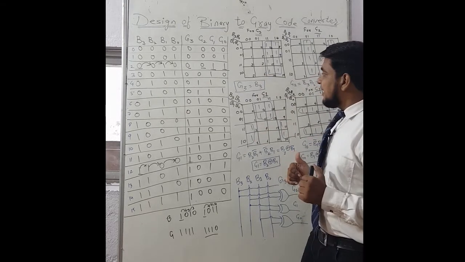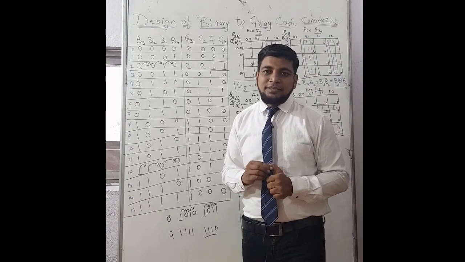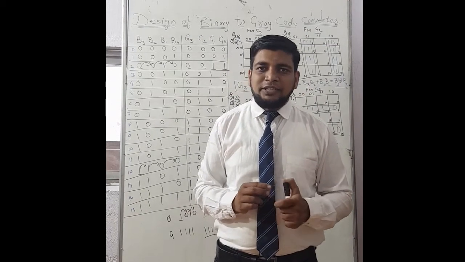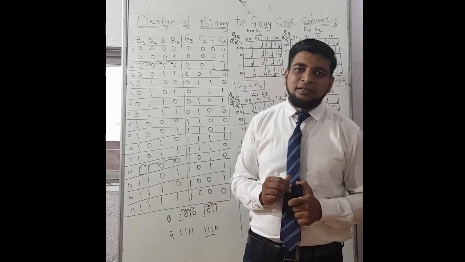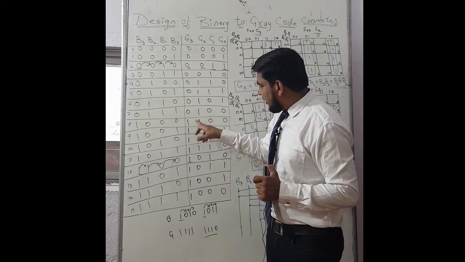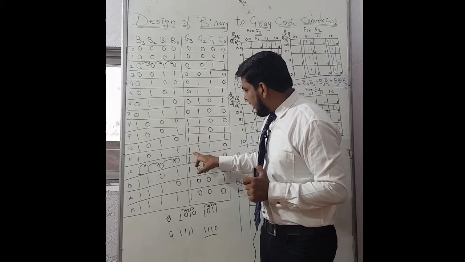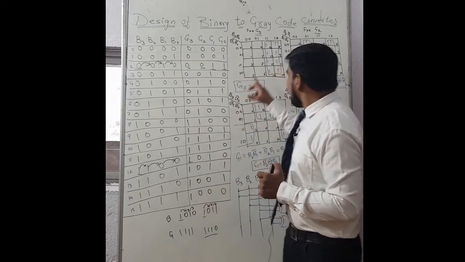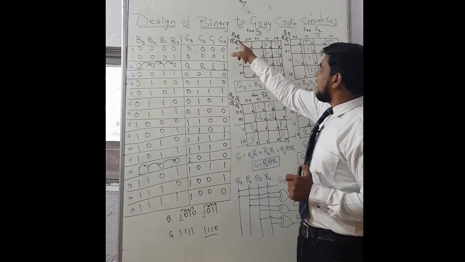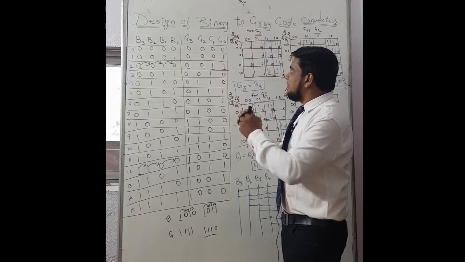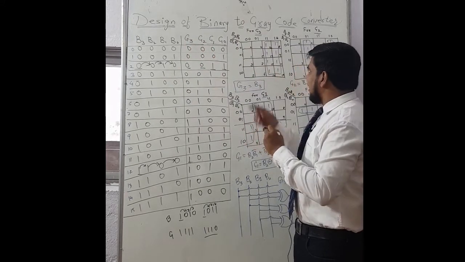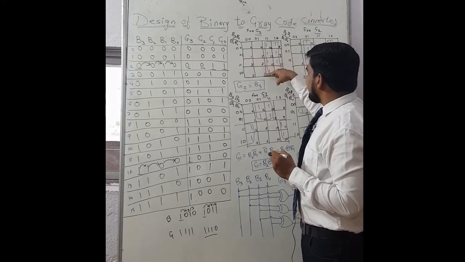Next step is to consider the number of ones in the output expression. As we are solving with the help of min terms, we have to consider the number of ones in the output expression. Here for G3 we observe the ones are at 8, 9, 10, 11, 12, 13, 14, 15. Insert these numbers into the particular cell numbers. I have taken B3, B2 on the upper side, that is MSB on the upper side and LSB on the lower side. So the cell numbers are like this: 0, 1, 2, 3, 4, 5, 6, 7.